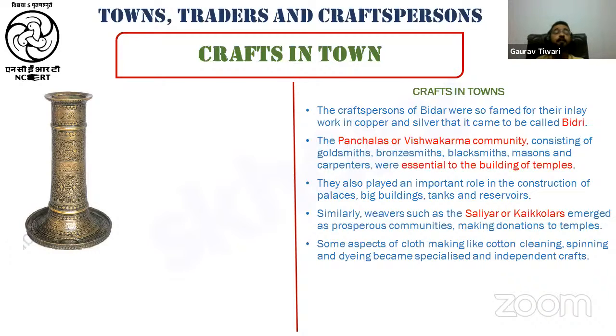Apart from that, we also talked in the previous lecture about one of the weaving communities, that is the Saliya weavers. They were located in Thanjavur, which was the capital of the Cholas. Remember, we talked that these Saliyas produced cotton of two kinds, that is fine cotton, which was worn by the king and the nobility, and another one was coarse cotton. And who was this coarse cotton for? This coarse cotton was produced for the masses. Apart from that, they also produced cotton which was used in the flags, and these flags were used by the temples. I hope you remember all these points.